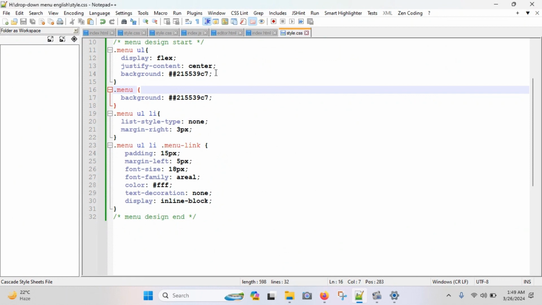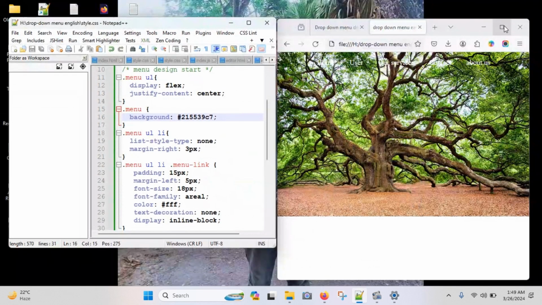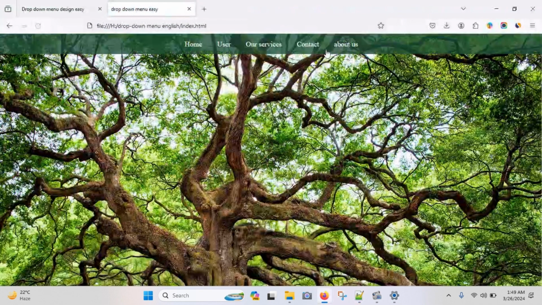I'm gonna remove this, but yeah, here is a mistake. I made a mistake, therefore the background is not applied. Now you can see I'm getting the background. Okay,